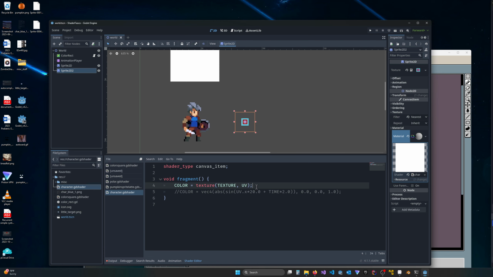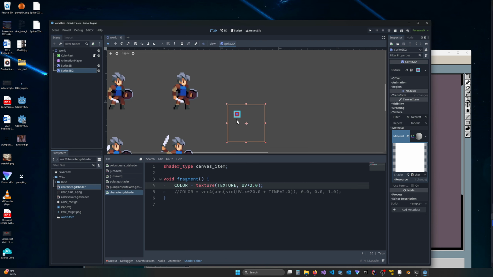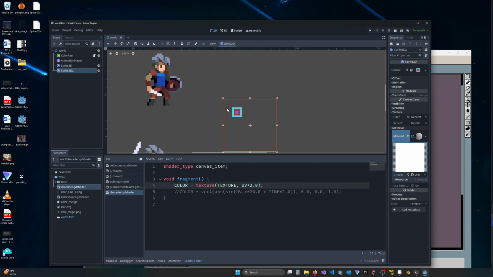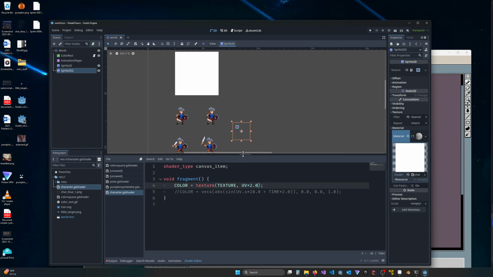So we've sampled our coordinates, and as you can see, you can definitely mess with the UVs. If I multiply by 2.0, you can see we're starting to pull stuff out from under the sprite sheet, but in our little target we've now just moved it to the corner over there. But we're not going to mess with the UVs just now. We're just going to sample our texture. The other thing we want to do is add a sine wave to just the red channel and add that to our pixel colors. So what we need is an